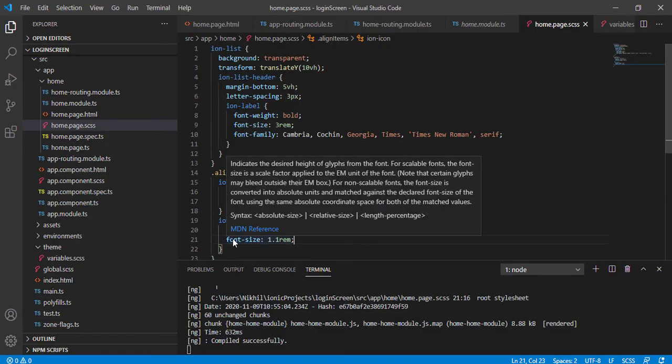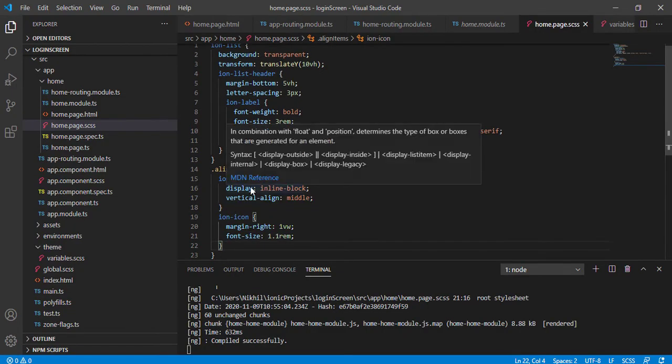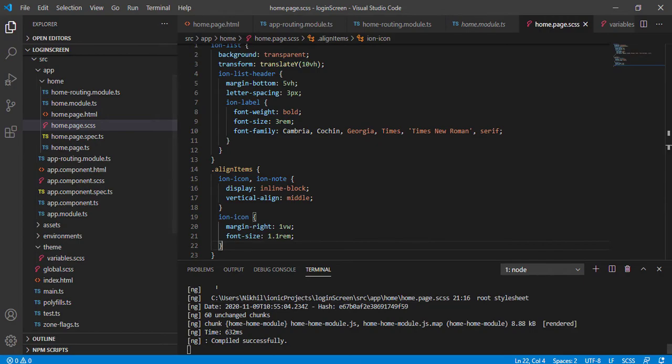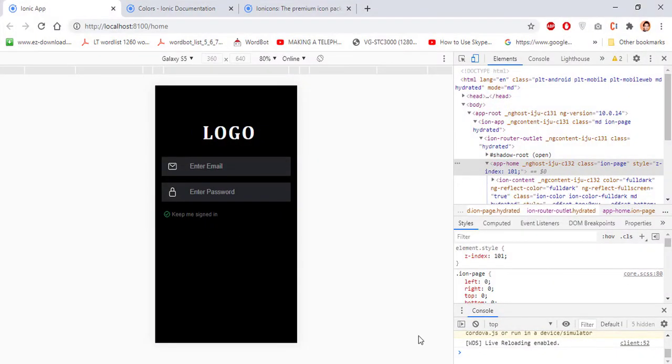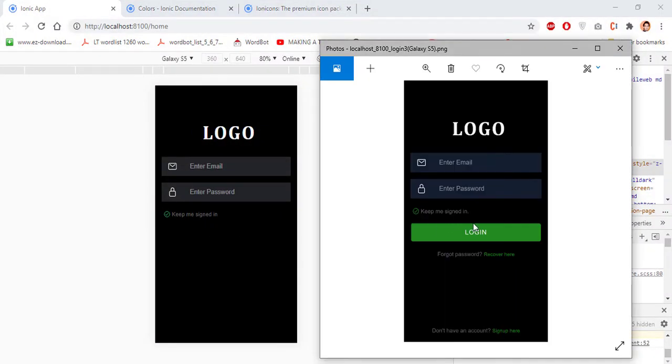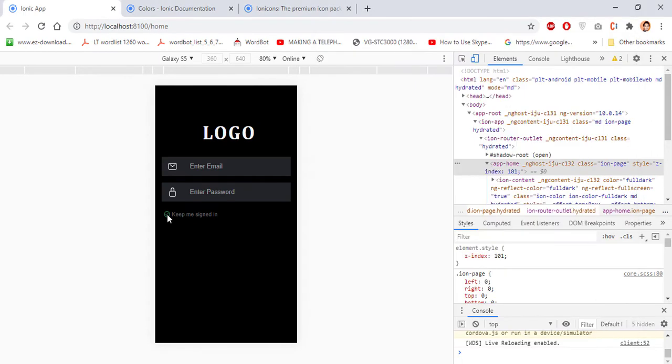Okay, that's great. So this is done for our ion items, for our align item class. So the design is done properly now. The next thing which we are going to have is the login button. Let's design all the things first and then I'll explain what is the use of doing this. So even now I can tell you, keep me signed in. So if you try to click on this button, you can see nothing is happening because we have not given